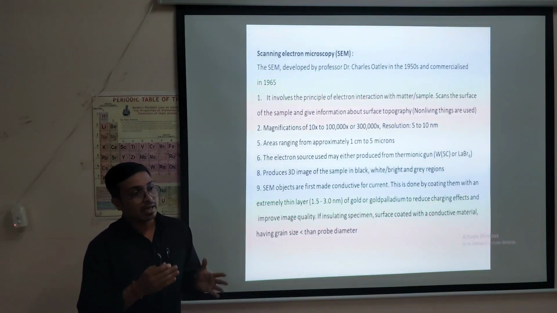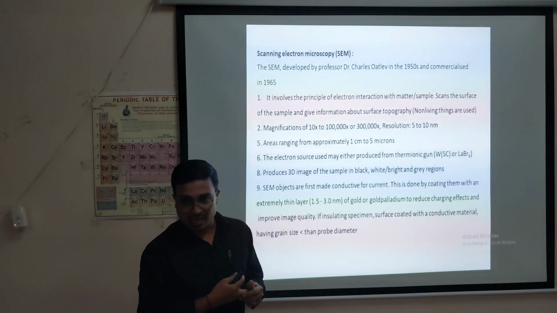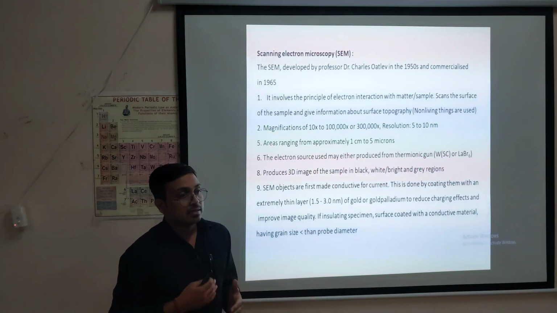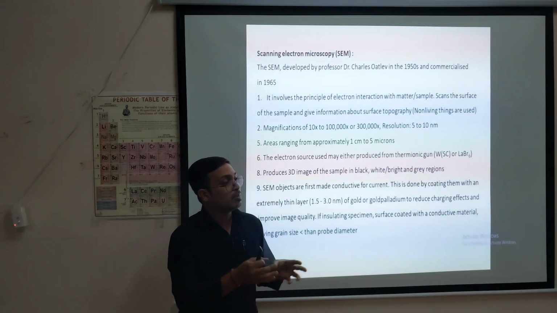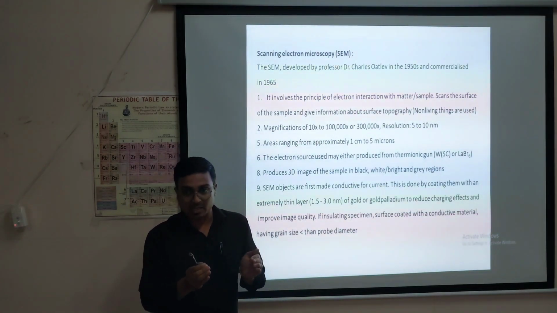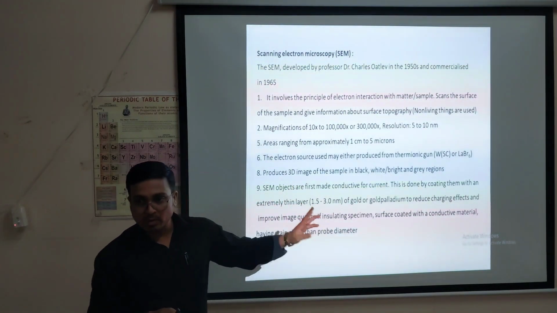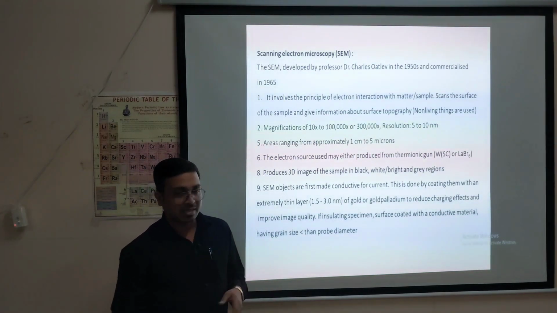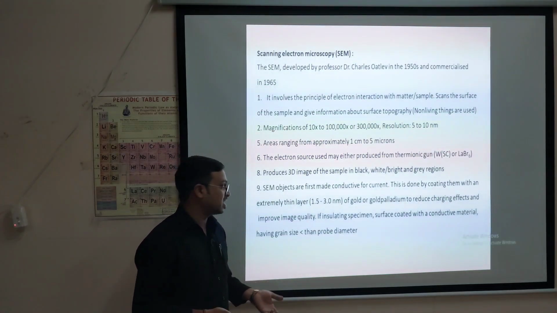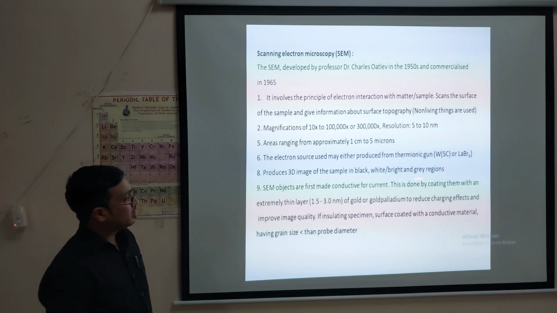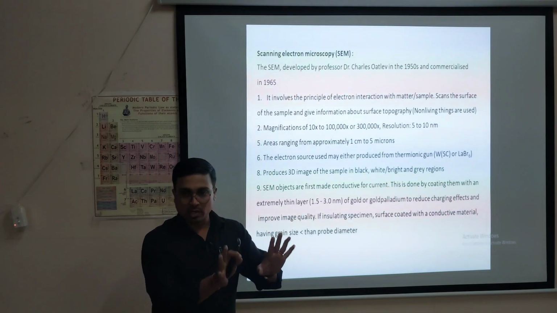Okay, but for elemental analysis you have accessories associated with this SEM, through which you can analyze the composition of the material, meaning what atoms it contains and in how much amount, for a specific region, provided the condition is met. During the working principle I will explain how you can come across these ideas, how you can analyze the composition of a material and through what effect. Okay, likewise things. As I told you, it will appear as white or bright, grey region or black region in the FESEM image.